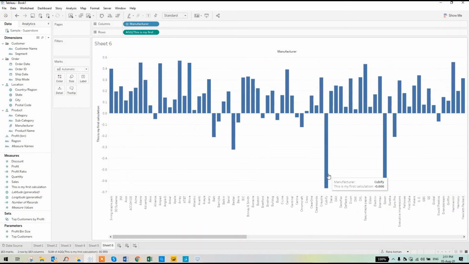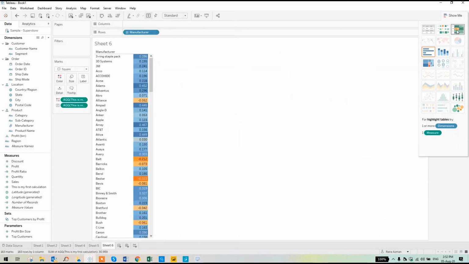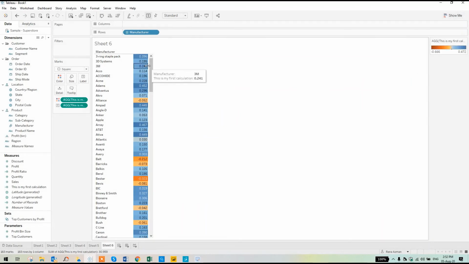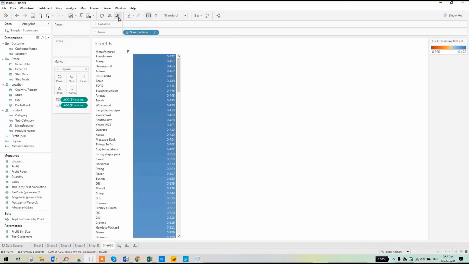It is showing that manufacturer Cubify has the lowest profit ratio, and it also gives us a huge amount of loss. Let's try this highlight table. You can see that we can also sort it in descending order.